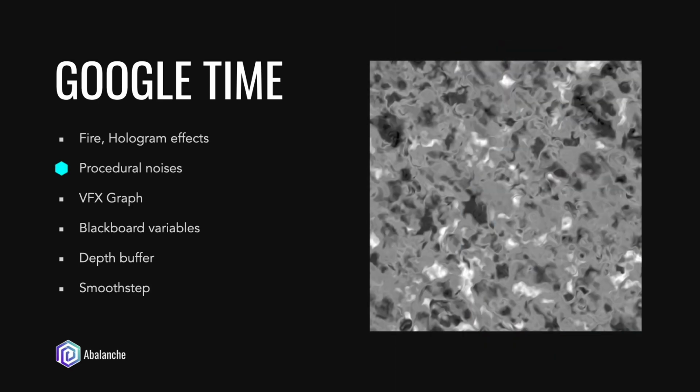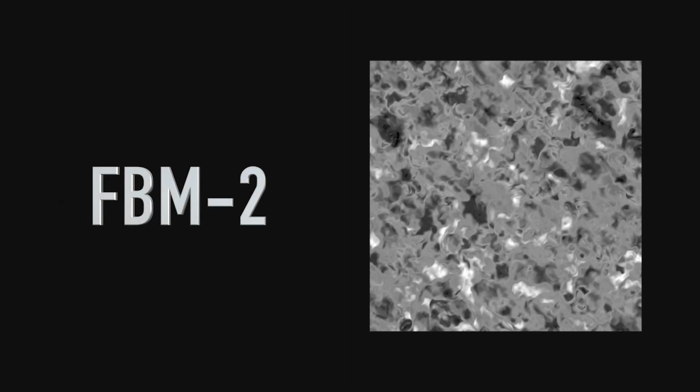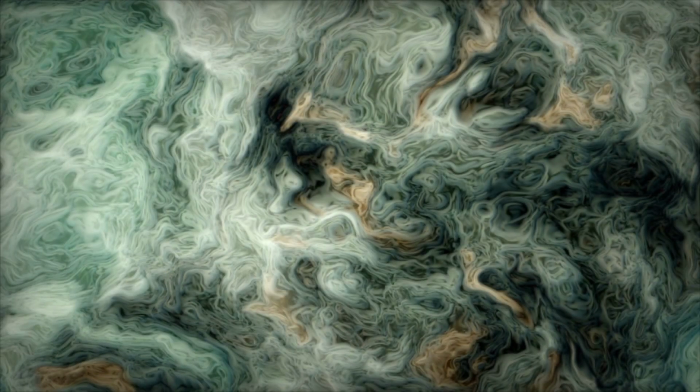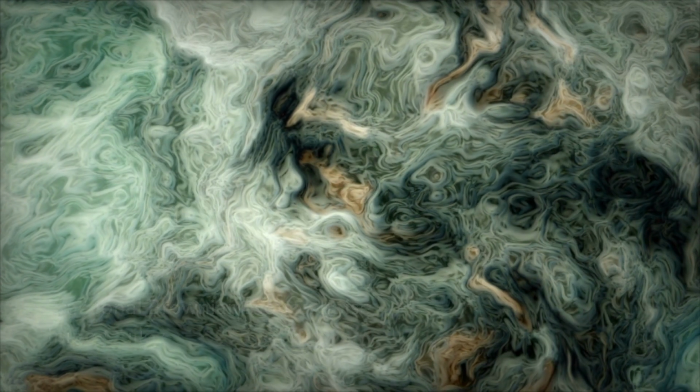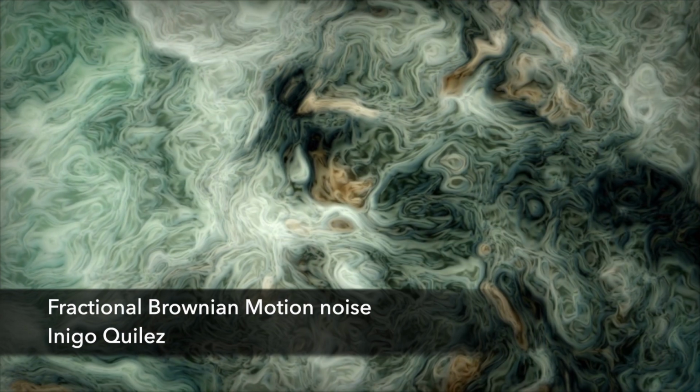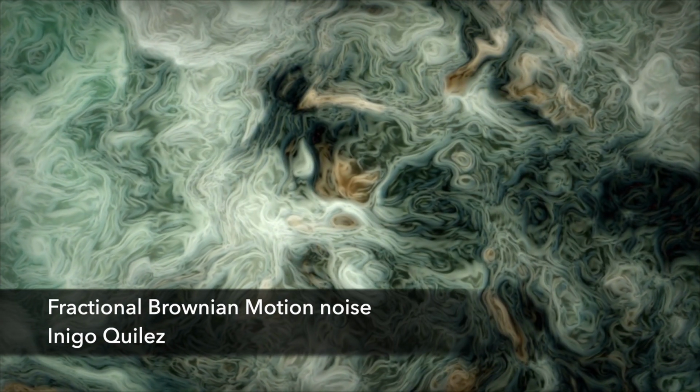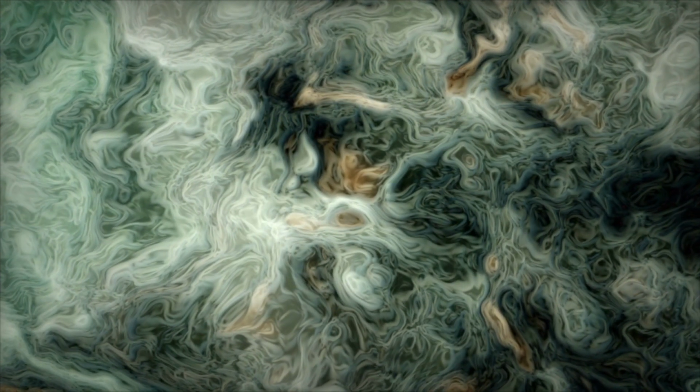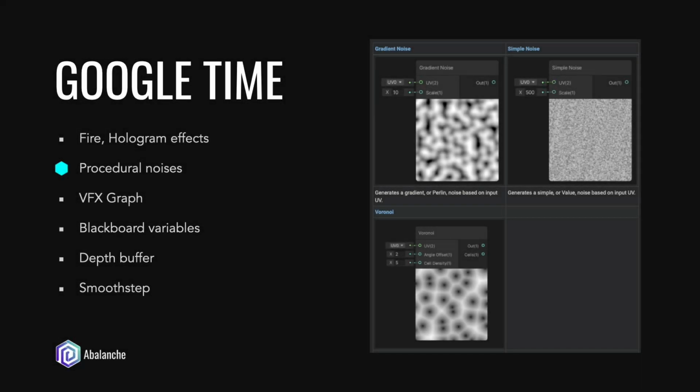I use the FBM2 type noise in this effect. Do you wonder why? Well, at first it can just be explained that this noise texture seems to match our intention of making a burning piece of paper. Behind the scenes, 2-level fractional Brownian motion noise is famous for creating smooth transitions which repeat the pattern itself at different zoom levels. There are many types of noises. Each one is suitable for some specific effects.